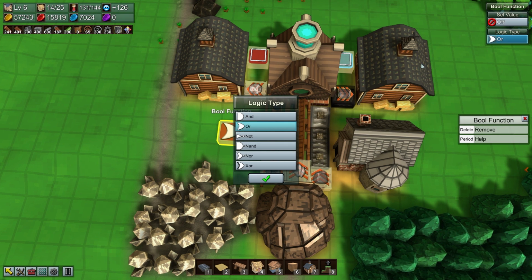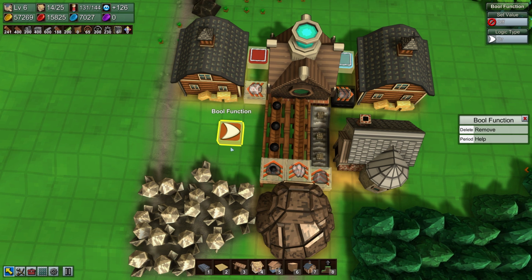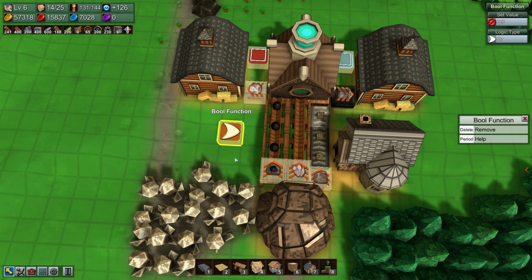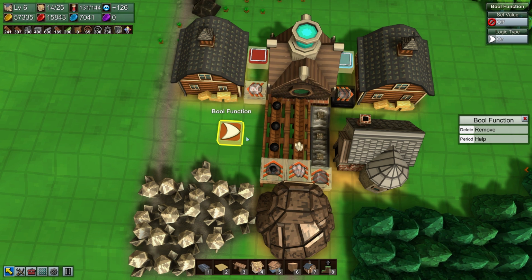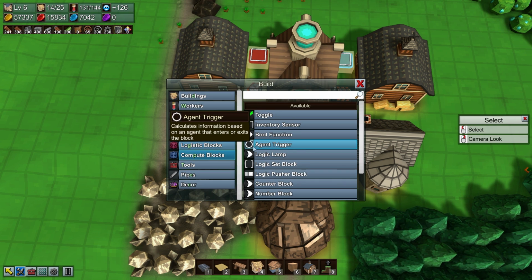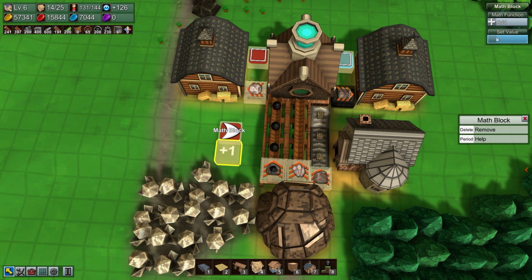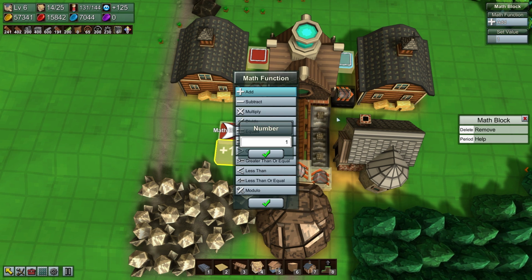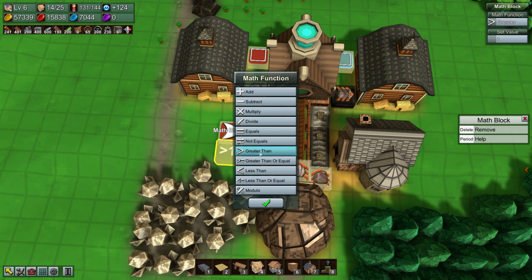I want the logic to be... No, I don't want that. I want a math block. I want the bool function so that it outputs a true or false, I think. But I want a math block to calculate it. It's been a while. I do apologize, everyone. Right, so math block. Set value. Nope. Function. There we go. That's what I want. Is greater than...